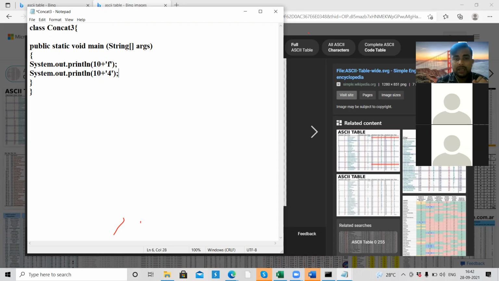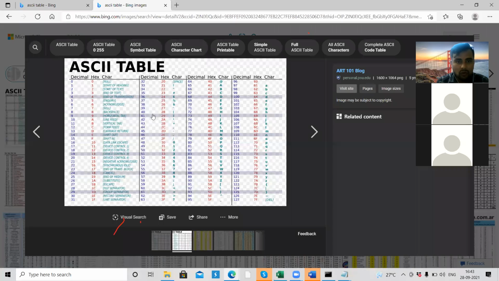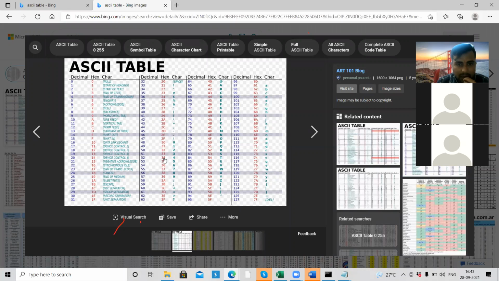They have given the ASCII table. In the files they have already stored it, and from there it's catching the ASCII value of these characters. 4 is also treated as a character here because we have written it inside a single quote. Inside a single quote, it should be treated as a character. So here in 10 it is going to add the ASCII value of 4. If you go in the table again, the ASCII value of 4 is 52, so 52 plus 10 is going to give us 62.